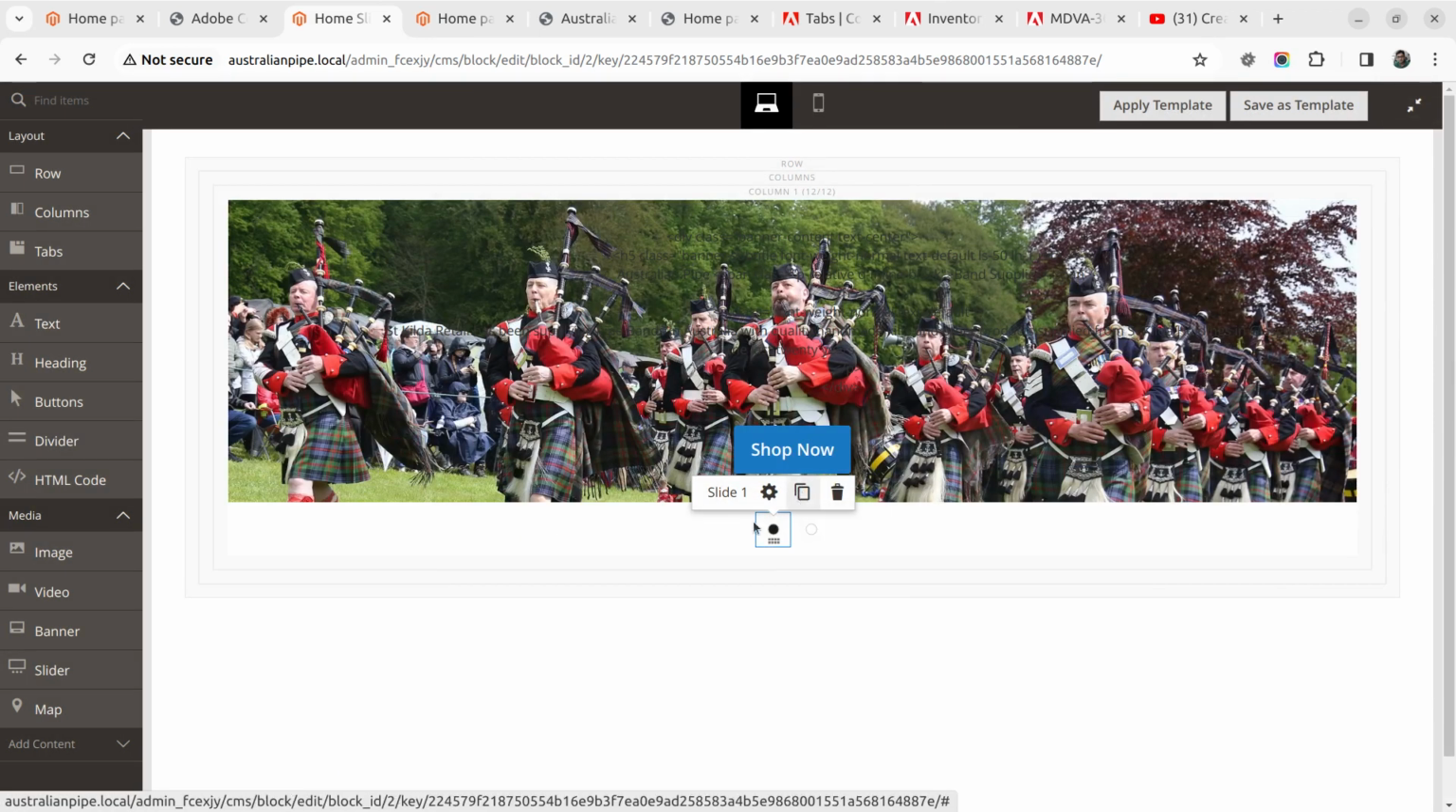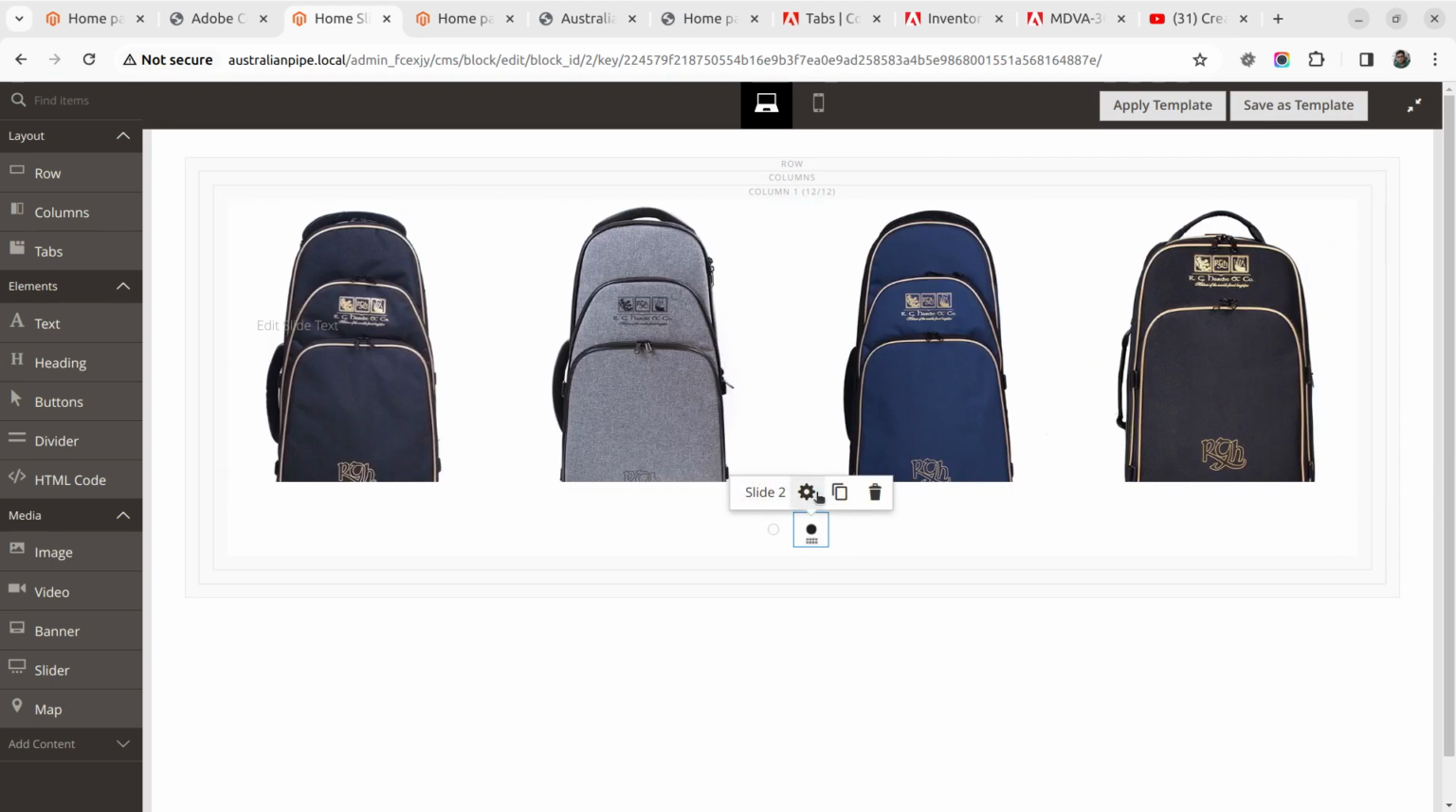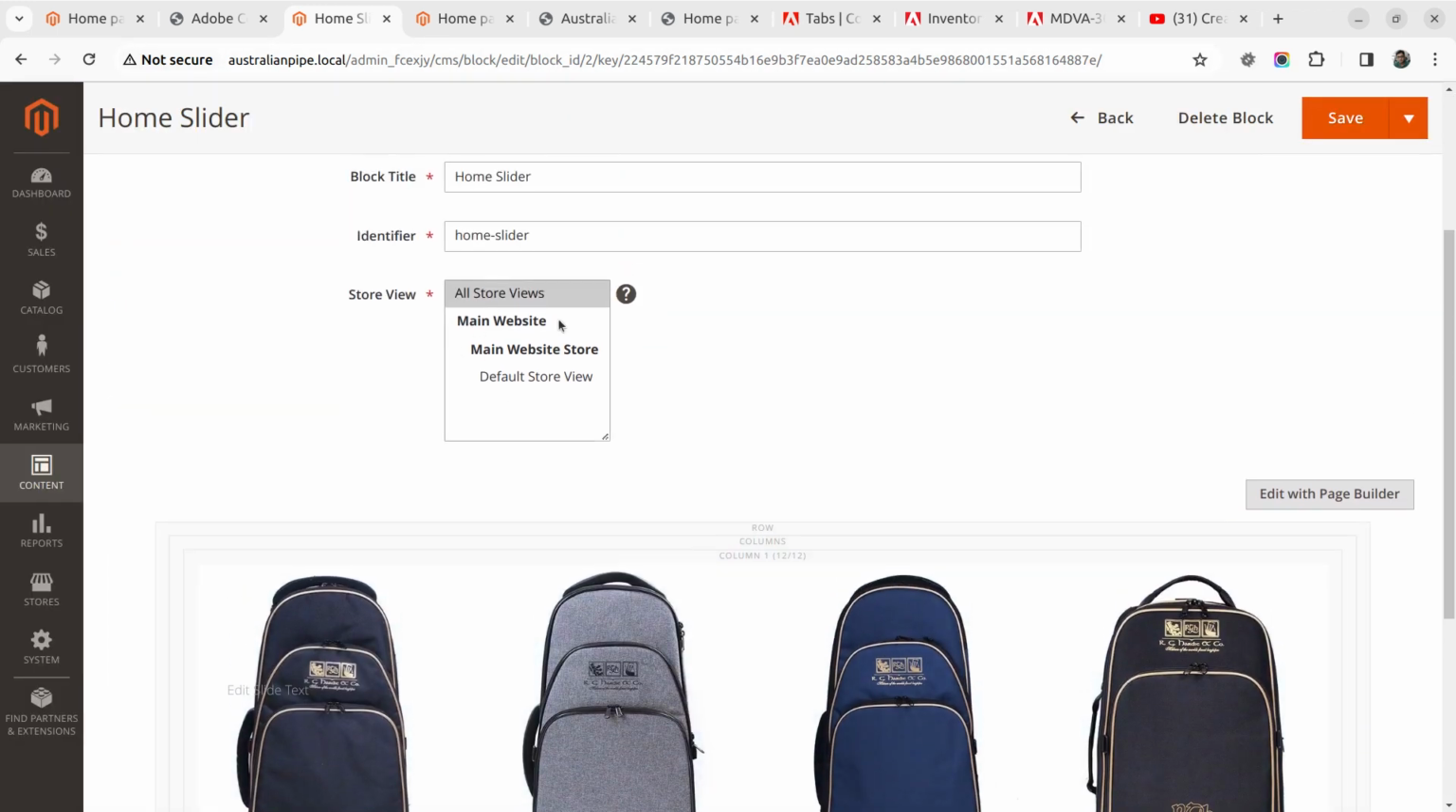After that, I have created the button here. If you click, it will duplicate the slider. So I have created one more slider here. In the same way, I have uploaded one image and the content as well. So after creating this static block,